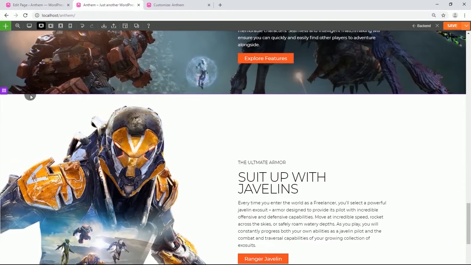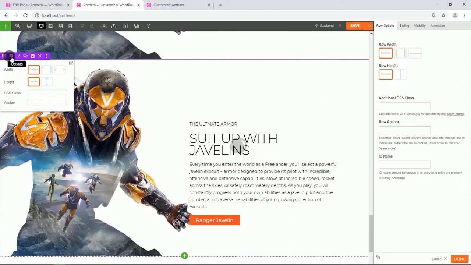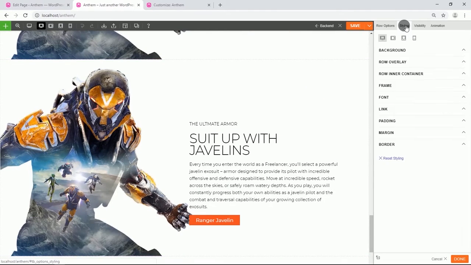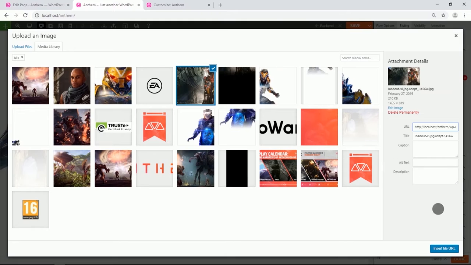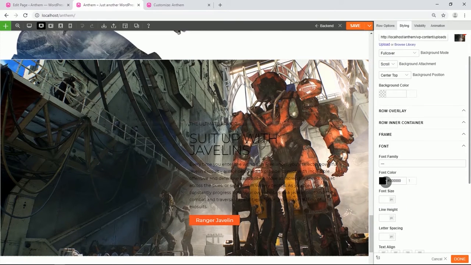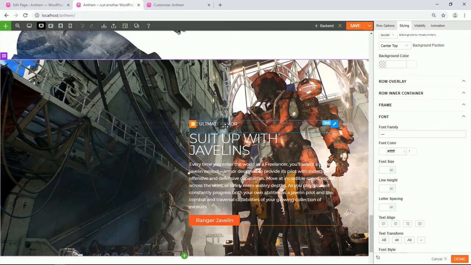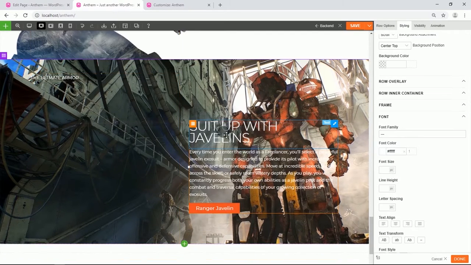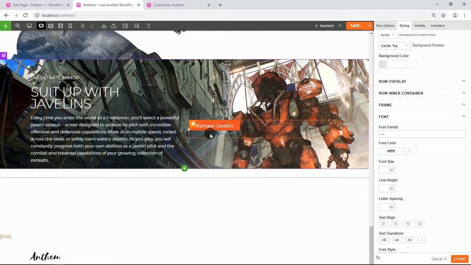Click save. Now duplicate the row again. Go to row options, row styling, background, and the browse library. Add this image. And now we need to change the content from this column to the next, but first we change the font color to white. Now drag the text,